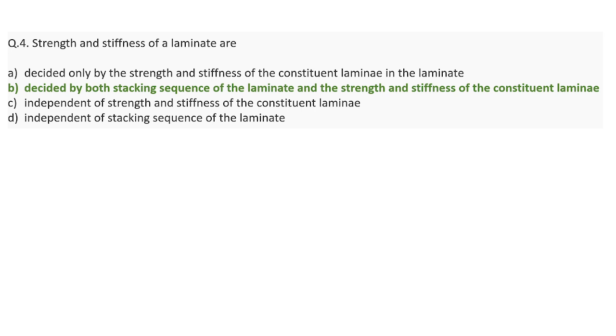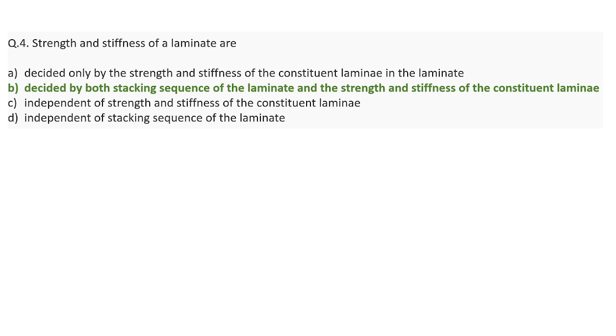Next, the strength and stiffness of a laminate are decided by only the strength and stiffness of constituent laminae, or by both the stacking sequence of the laminate and the strength and stiffness of constituent laminae, or independent of the strength and stiffness of constituent laminae, independent of stacking sequence. So when we talk about the strength and stiffness of the laminate, it definitely depends on the strength and stiffness of the constituents of the lamina in the laminate, but also on the stacking sequence, because